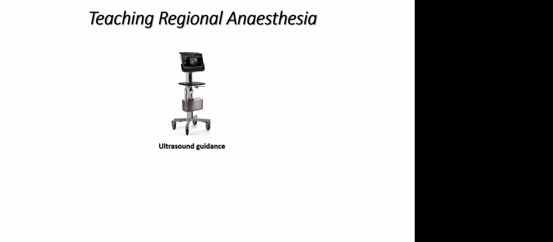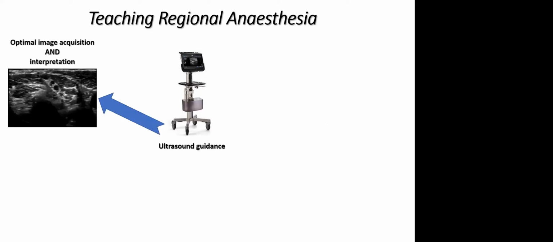So further on, today, in terms of trying to teach regional anesthesia, I would go so far as to say ultrasound guidance is really just the gold standard, and most people would be performing a peripheral nerve block using ultrasound guidance. So knowing these machines and how they work is quite important. You would have to use this machine to get an optimal image and interpret that image. And very often, as I said, for people starting out in regional anesthesia, this is a lot of